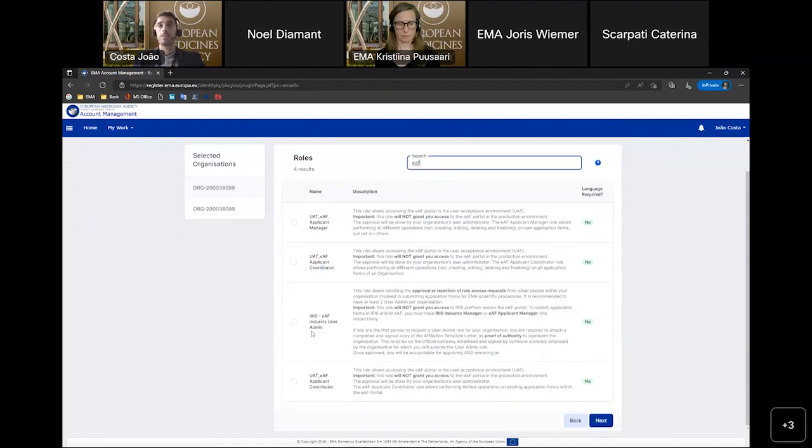And as you can see, only the 4 roles are displayed now according to my search. And as Noel explained, they allow you different grants. I will select, let's say, the coordinator role. And then I click next.